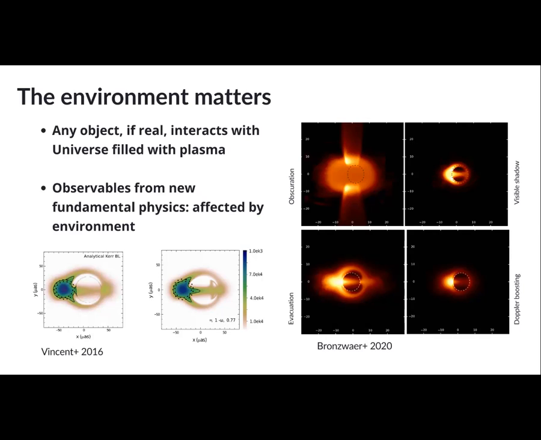Well, this is also important when looking at these exotic objects that I mentioned in the previous slide. For instance, there is this work from 2016 in which images of tori that surround boson stars and black holes are produced, and it is concluded that there exists a degeneracy, and that images of boson stars could in principle be mistaken for images of black holes.